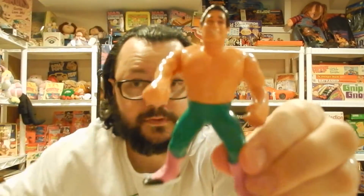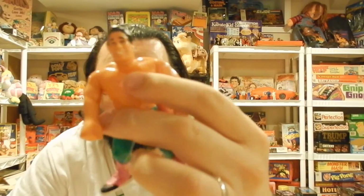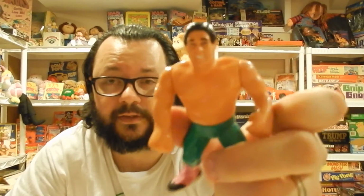Good looking figure. It's got that Jake the Snake body with that sort of weird punching arm motion. I do not mind this body type. I like it just fine. It's a good playable body type. The character, El Matador, again, payday for Tito Santana. Got him into a WrestleMania, but,